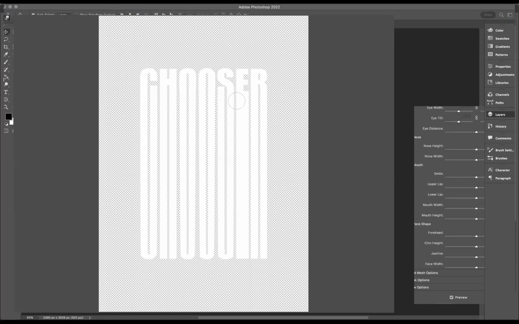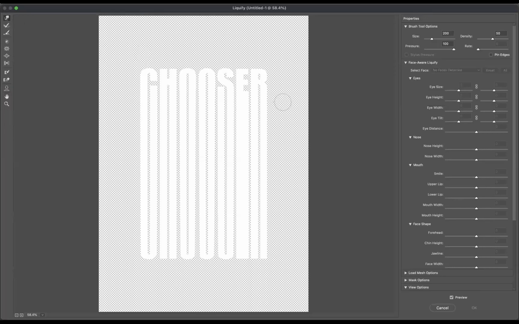Now using my forward warp tool, I'm probably going to come around here and we're going to create a line through like so. And we're going to probably come down this way and go the other way and go through like so. As easy as that, guys. You have the option to change the size of the brush, the density, but at the moment, these options are pretty cool for me and perfect. And like I said, I've been using the forward warp tool. So now if I press OK,